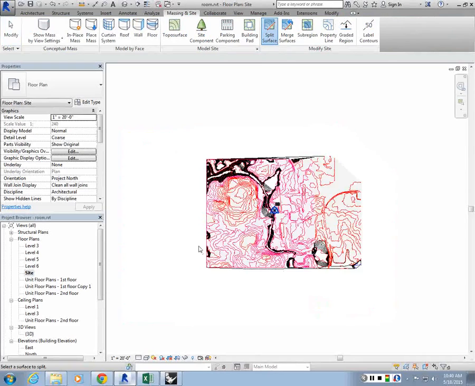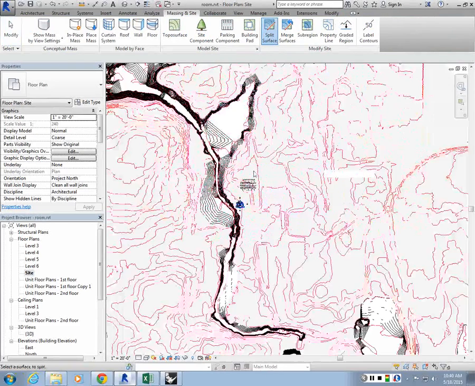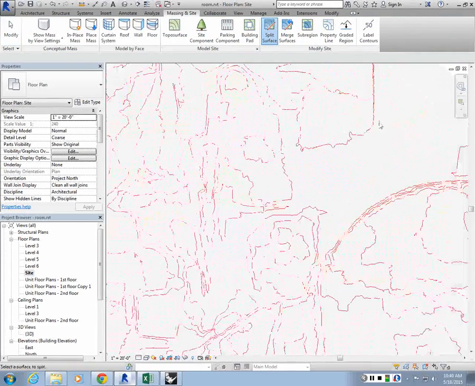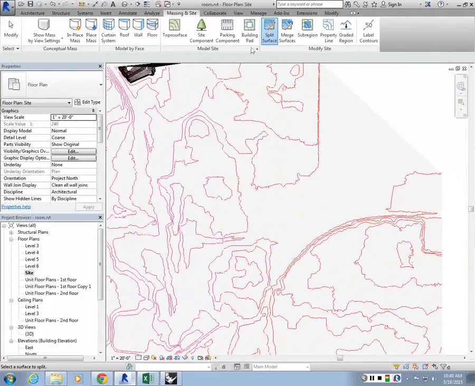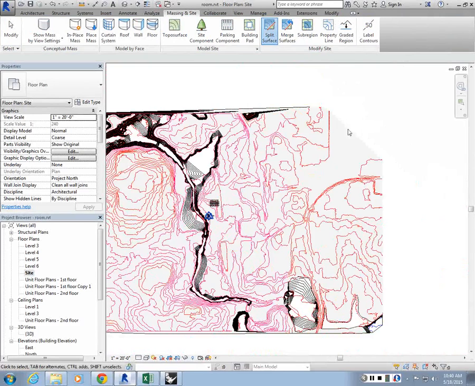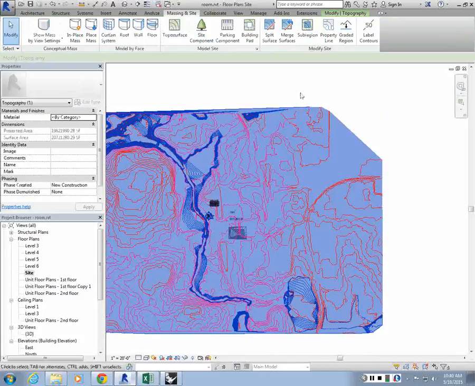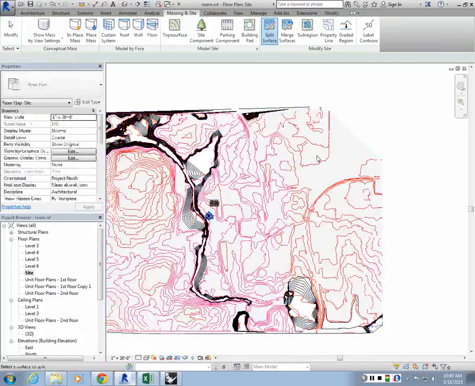So let's say you want to get a region, let's say we want to use here. I'm choosing a flatter area. Choose the surface, do split surface,